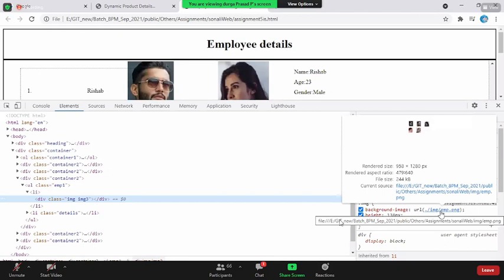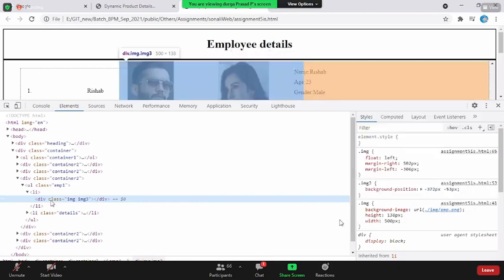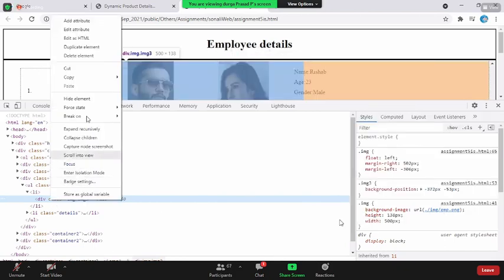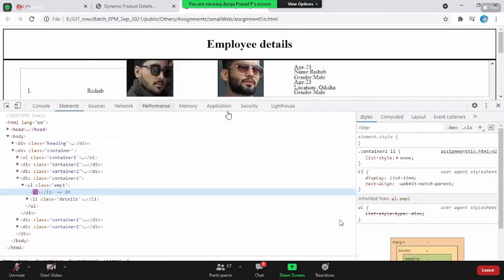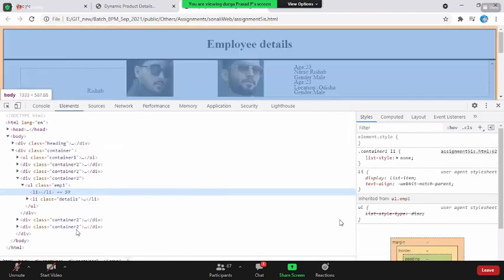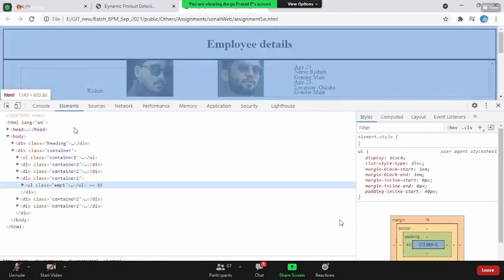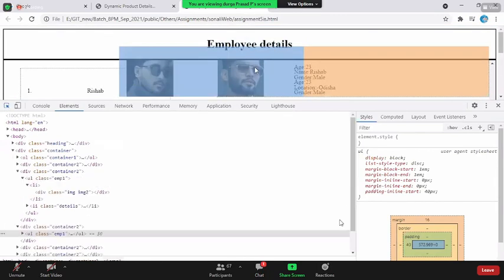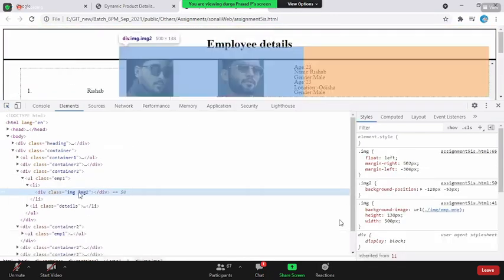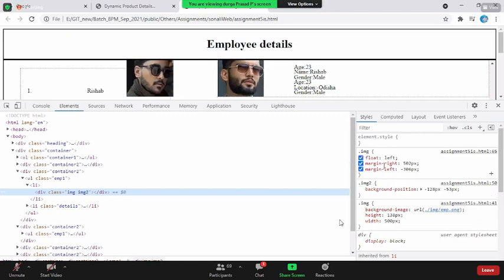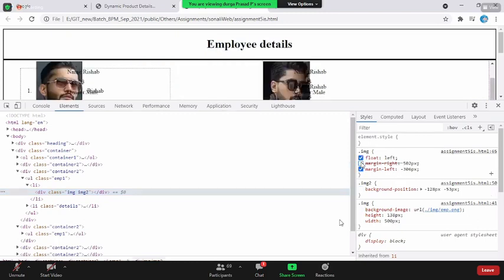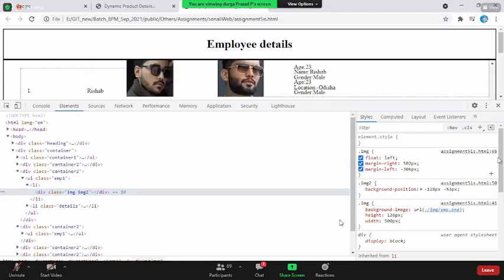And this is the image. Why are these two images coming? You go with an li. You give the div float left, and margin right, this much of margin right. Okay.